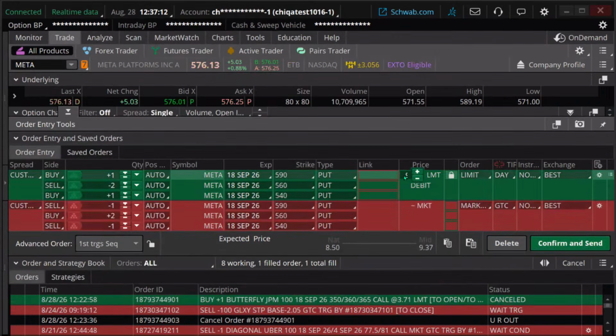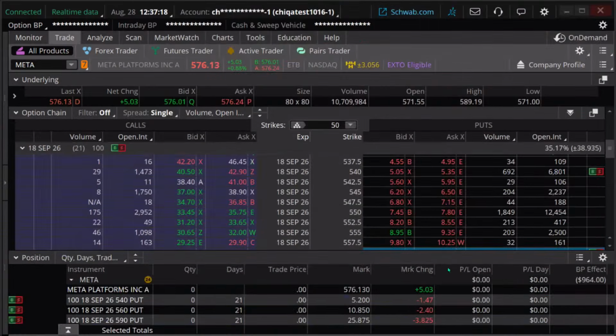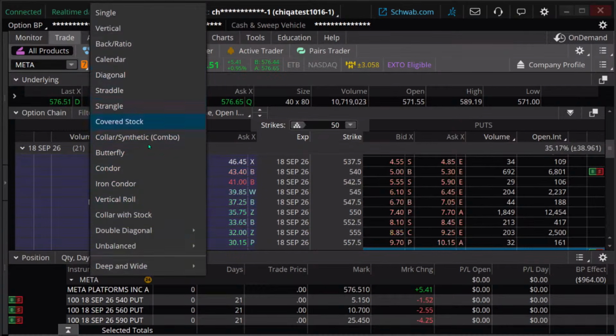And let me just go up here and see if we can fill that and send that order there. Okay. There we go. So that's how you do that. Okay. So yeah, you can do it either way. Very often on spreads, like vertical spreads and stuff, I'll just go in single, one at a time, holding the control key. But you can always change. You've got a variety here that you can deal with.